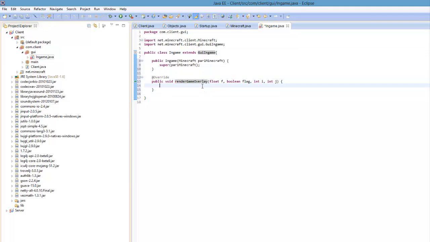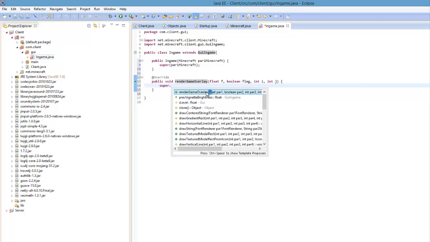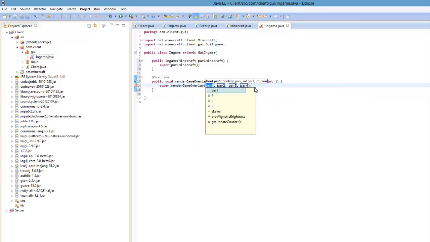Now there's a problem. There's a lot of important stuff in the renderGameOverlay method in GuiIngame. So how are we going to make it still render whatever's in GuiIngame but still render what we put in this method right here? So that's pretty simple. All we have to do is put super.renderGameOverlay, and then basically what this does is it calls the super class, which is our GuiIngame, because remember,